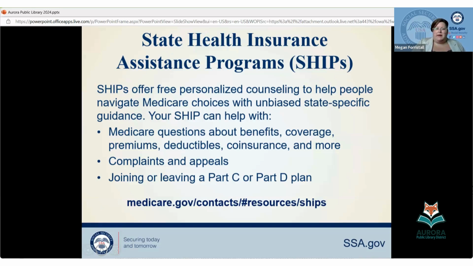So if you need help for anything outside of enrolling in Part A and Part B, because that's all we do at Social Security, this is where you want to get help from. They're wonderful. I work with them on questions all the time. They can help with so many other things related to Medicare. So they're definitely worth checking out if you're coming upon that time, or even every year when you can change prescription drug plans. They are always busy during open enrollment because people can recheck their plans once a year and make sure it's still the best plan for yourself.